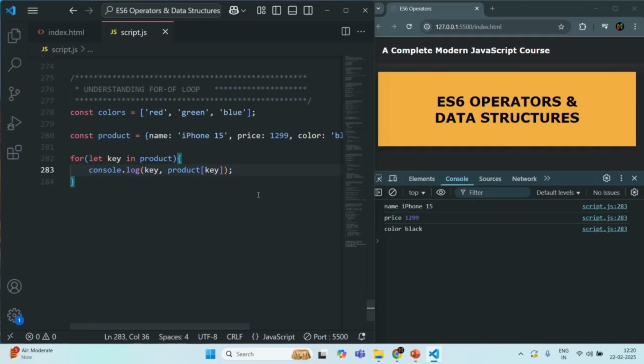If I save the changes, you see it is logging the property name and property value, property name, property value. So this key, the variable which we are creating here, is going to receive the property name, and on that object, if we use square bracket notation and specify the property name in the square bracket, basically this variable which is storing the property name will give us the value of that property. So here inside the for in loop body, we are simply logging the property name and its value,